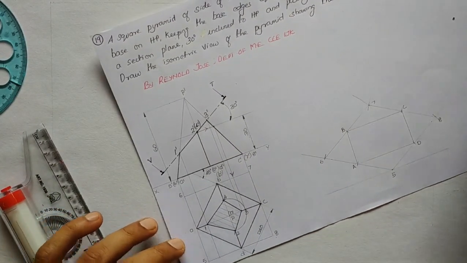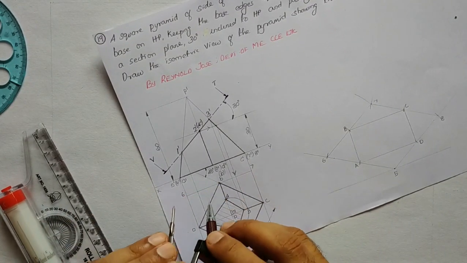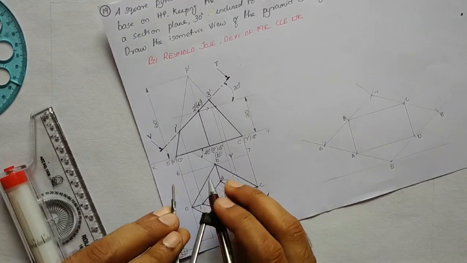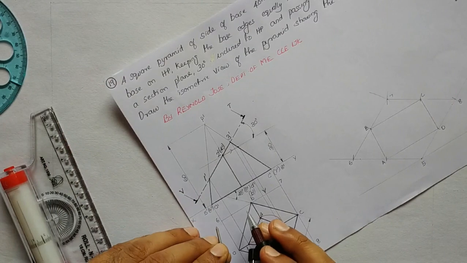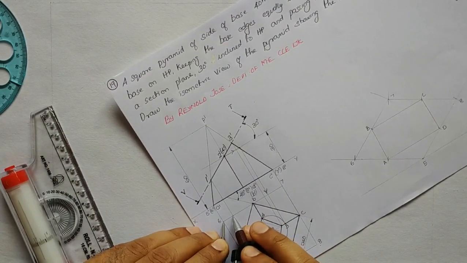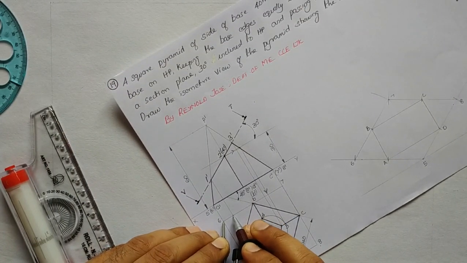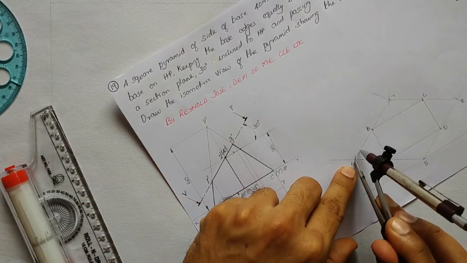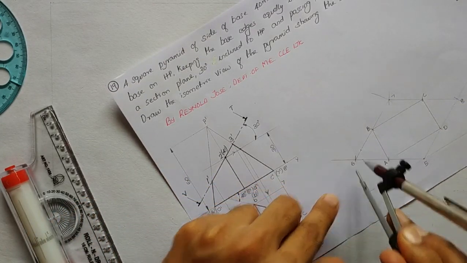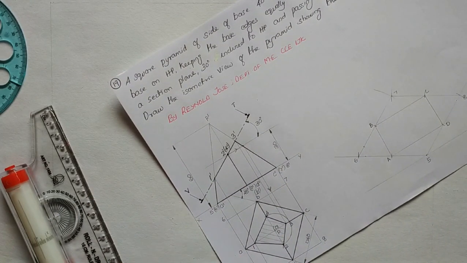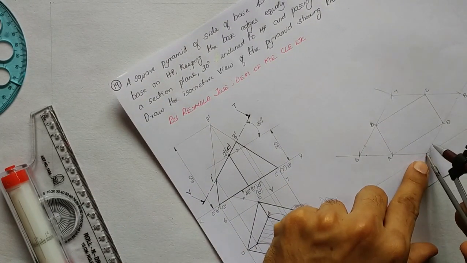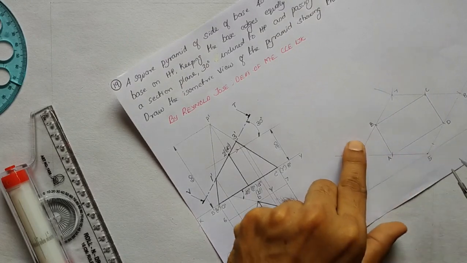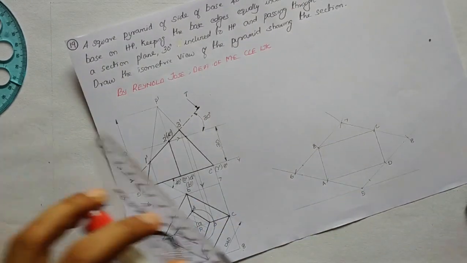So this measurement in compass, it is along 6 7. So take this measurement in compass. So this is 6 7, cut it onto the right hand side, and the same measurement here, this one you can cut it along 5 8. So this is 5 8, and join these two arcs using a thin line.